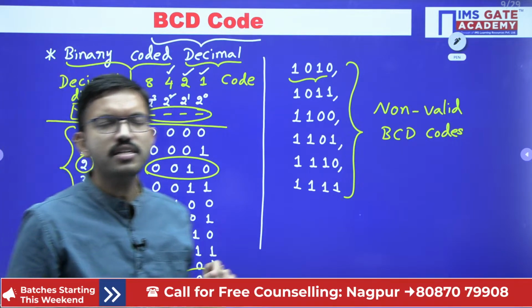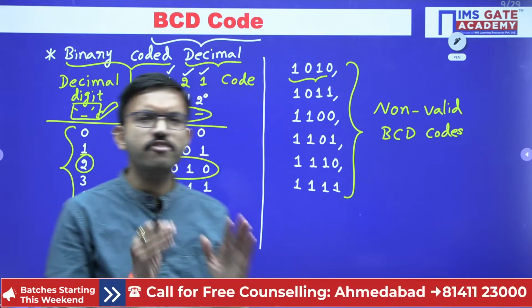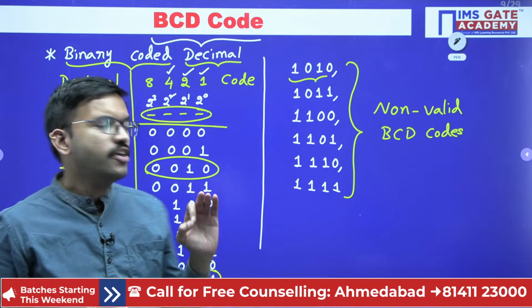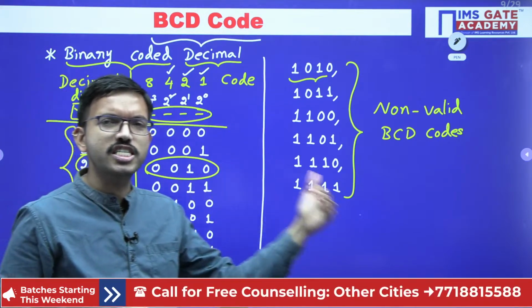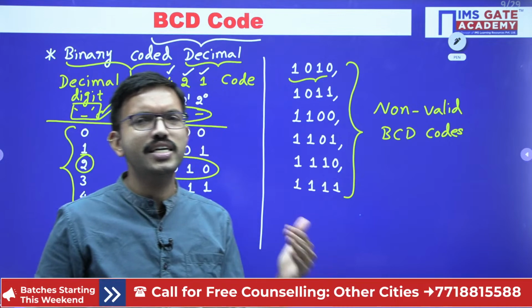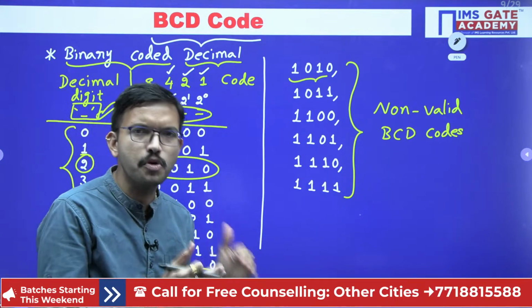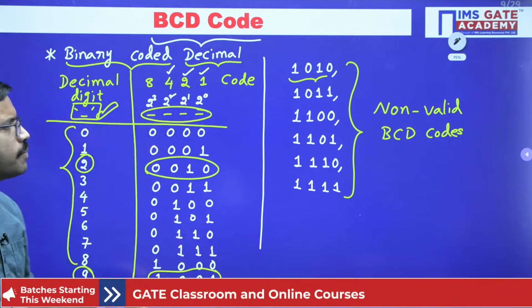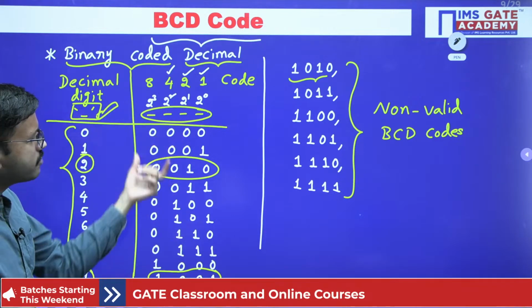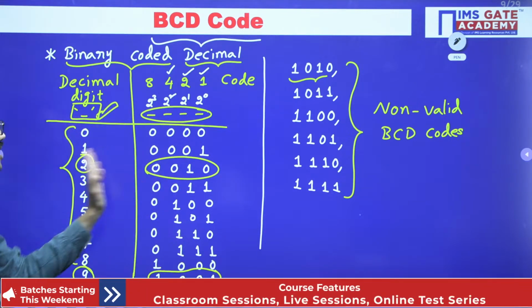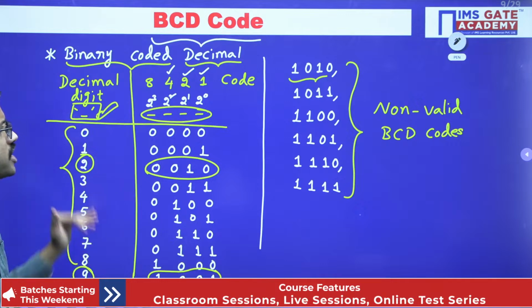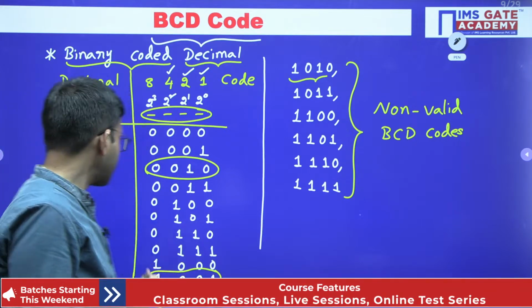So that's why after performing any operation, whatever the final value you are getting, if you are supposed to display it on the 7 segment LED or LCD, if this frequency is more, then if you are using the BCD code, just by looking at 4 bits, directly you can write the corresponding decimal. That is the beauty of the BCD number system. Whereas